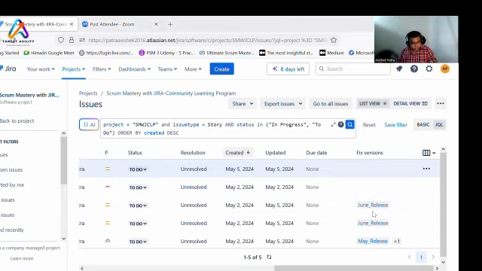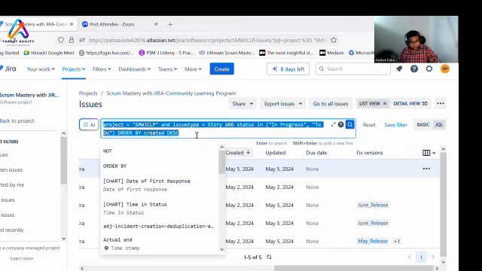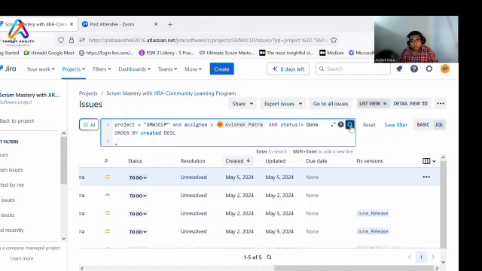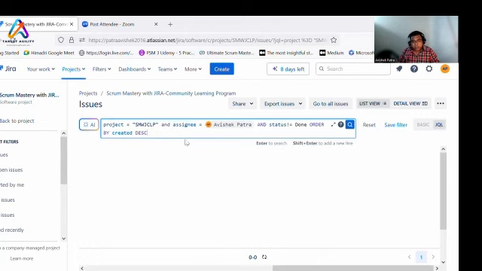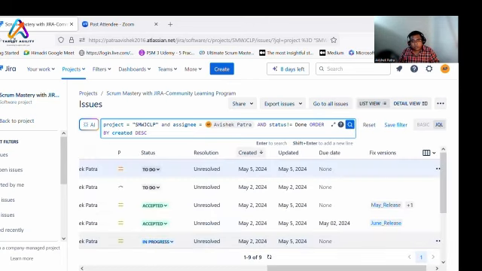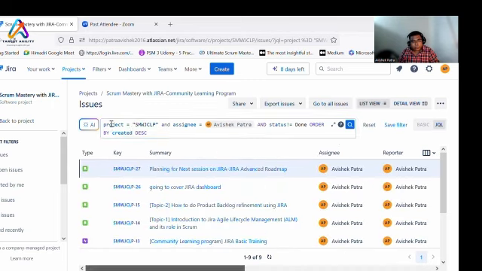If you want to see what the open tickets assigned to any user are, let us see. Okay, there is an error. Here you will see the tickets where project is this, assignee is Abhishek and status not equals to done.